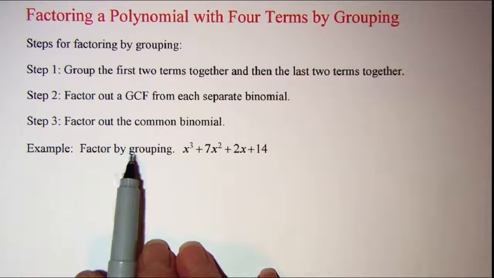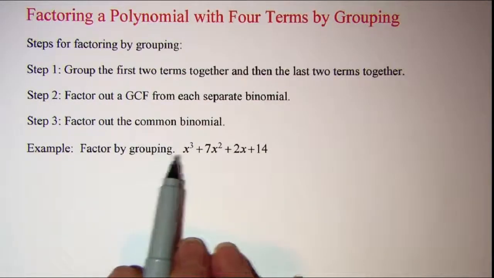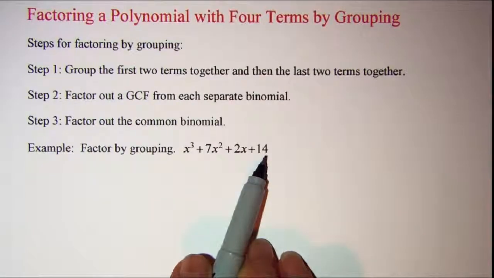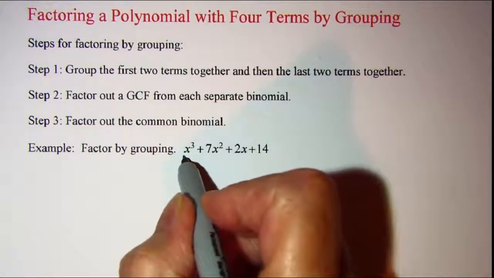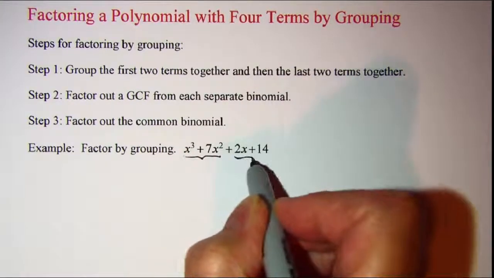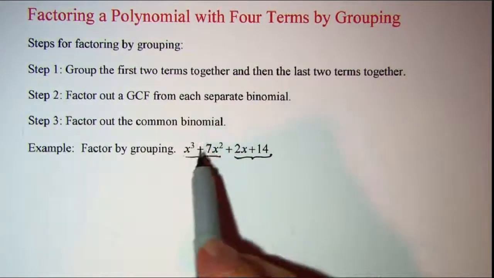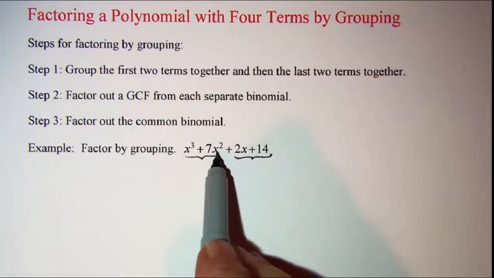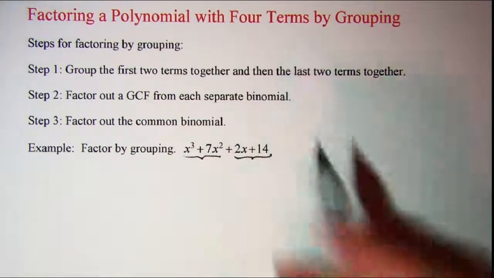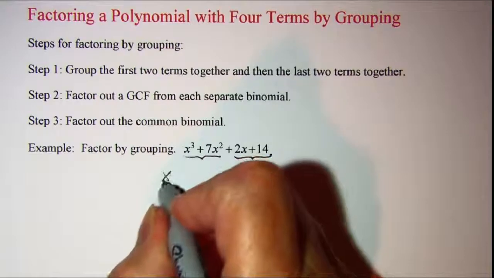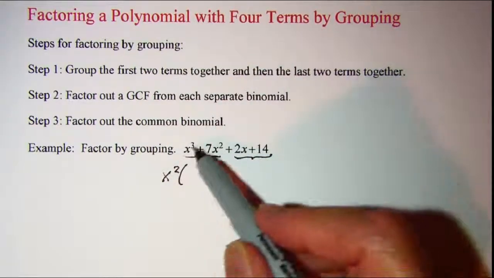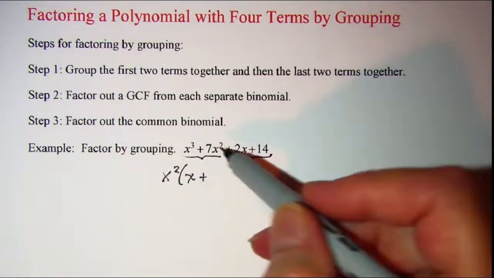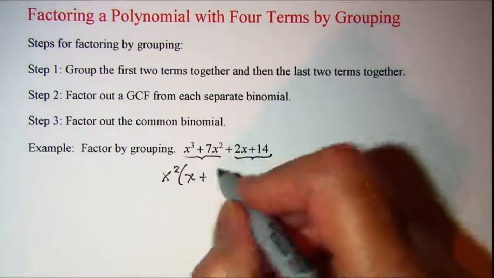Alright, the first example that we'll be doing is factor by grouping x cubed plus 7x squared plus 2x plus 14. So if we group our first 2 terms together and our last 2, we need to factor out a greatest common factor from this first pair. We see that we have x squared as the greatest common factor. So I'll factor out x squared, and when I divide x cubed by x squared, I get x plus, and then 7x squared divided by x squared is 7